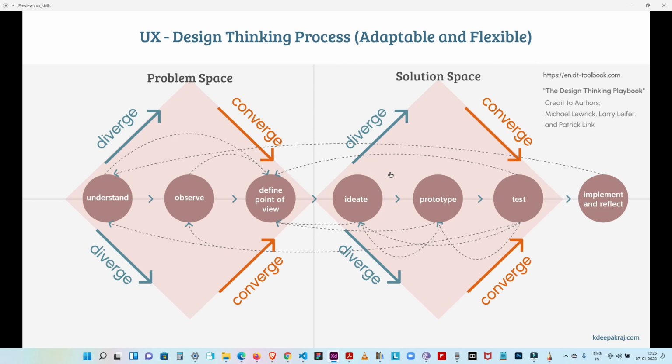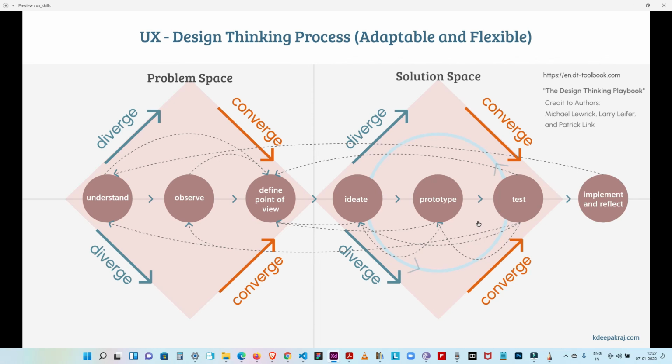And then you have to prototype, like an interactive prototype, which can be a low fidelity prototype. You can do it with Figma or Adobe XD, InVision, create a prototype, and then test your ideas. If you see, it's more of a cycle actually. You ideate, prototype, test. You ideate, prototype, test. So that's how it happens.